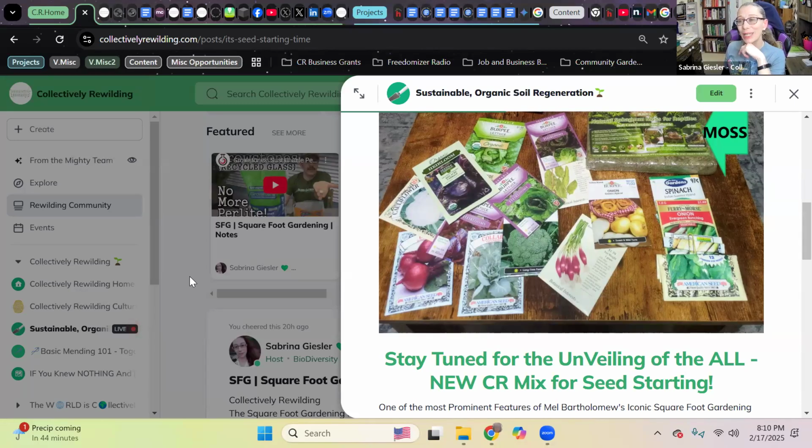We're also going to be planting some bulbs here at Collectively Rewilding. This isn't the most traditional time. Traditionally, you plant bulbs in the fall. They need to overwinter. However, you can force them in the spring and they will come in the summer instead of being your tulips and jonquils and a variety of different bulbs that are out there. You can force them as summer bulbs. And so we have several that we'll be doing here at Collectively Rewilding.